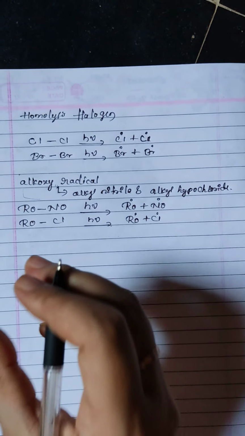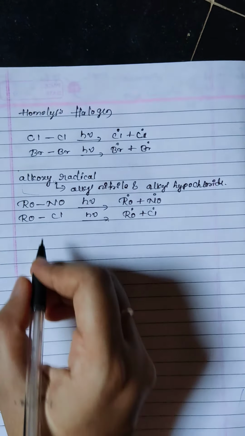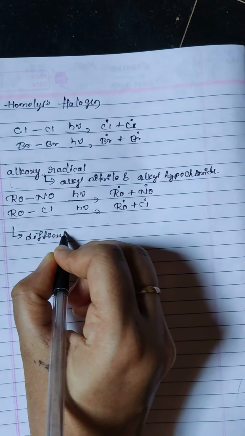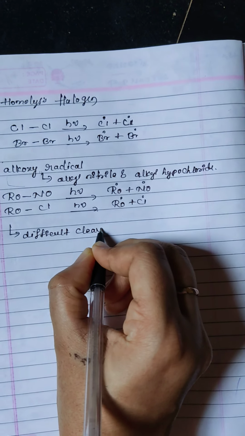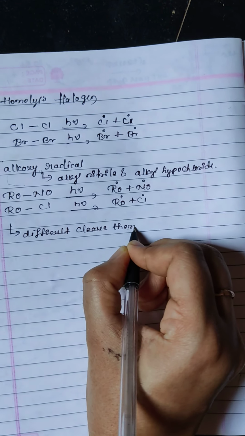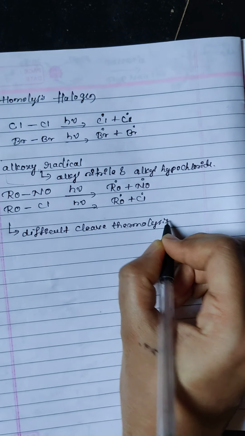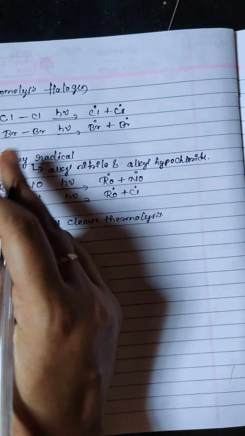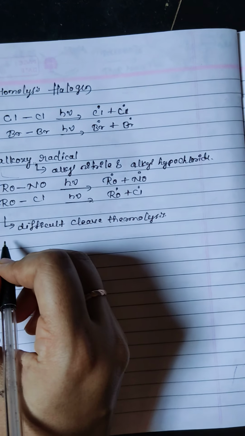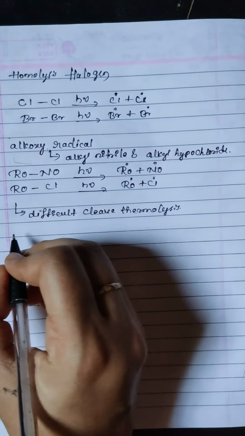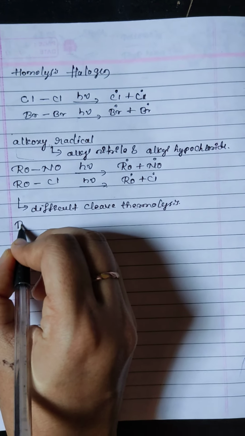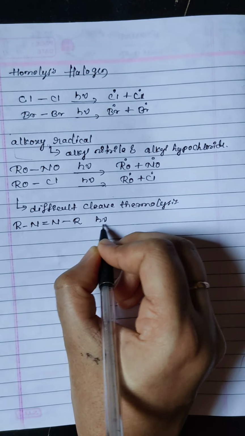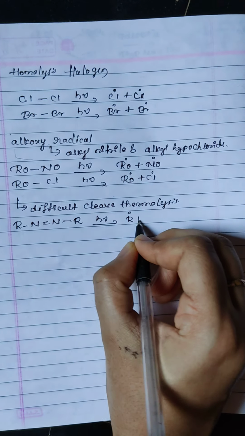Photolysis is used for strong bonds that are difficult to cleave by thermolysis. Which compounds are these? Azoalkenes. An example is R-N=N-R with hν, giving R radical,